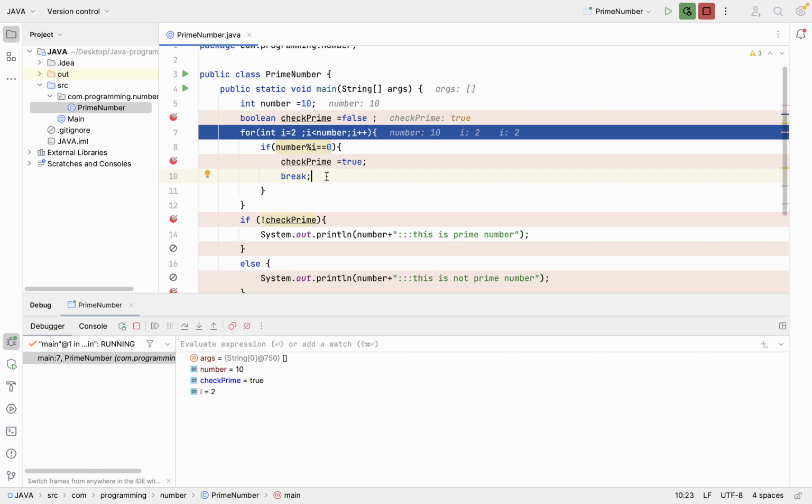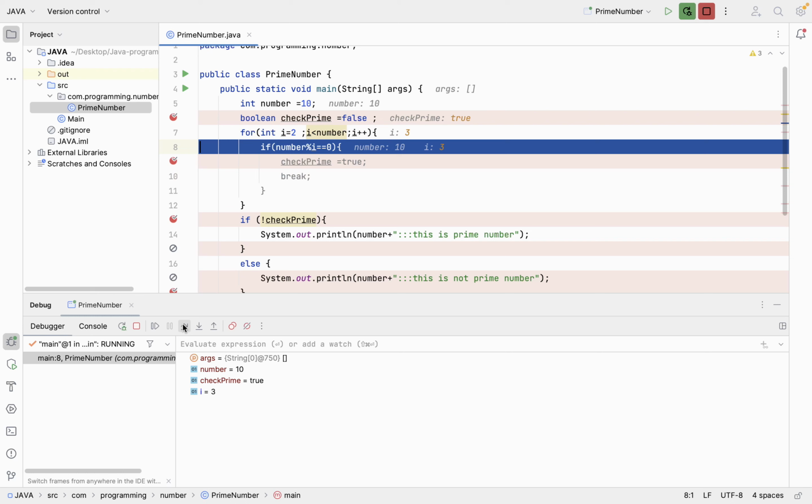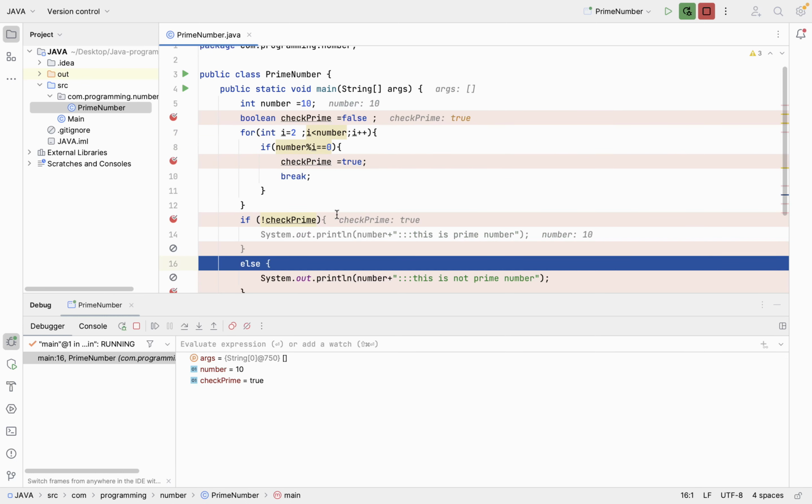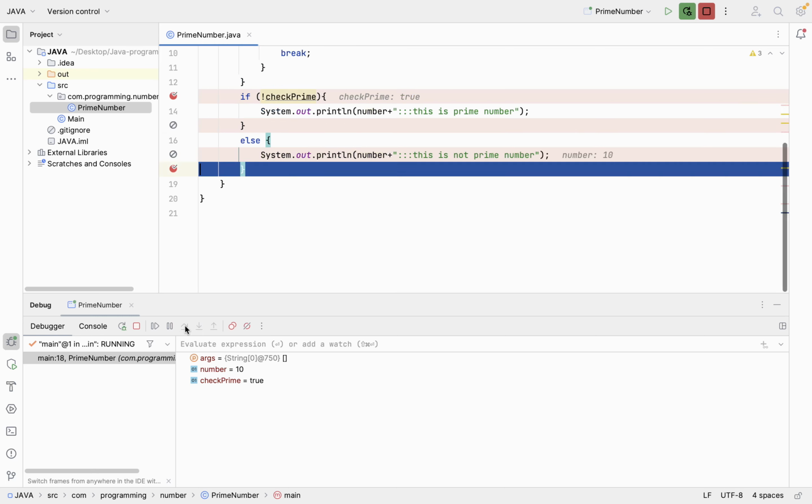No need to iterate many times, we have checked properly. Now next we are going to jump, and this break will work when the debugger stops and we rerun the program. Here it is going again and again, and here it is saying true, then we are saying no, this is not a prime number because it has been divided.